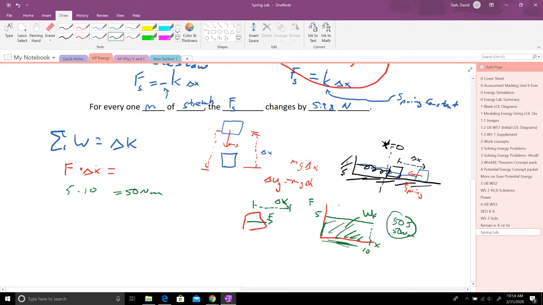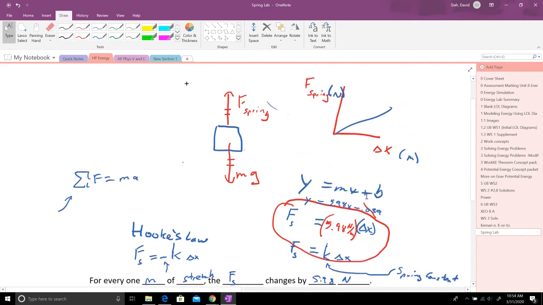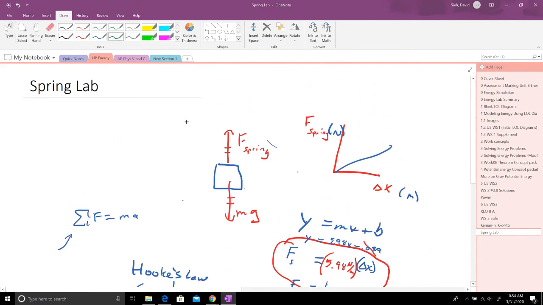graph. So when I go up to my spring, finally at last, and you say, hey, when I stretch this spring, the force of the spring, well, wait a minute. This is a triangle, right? Because the force is changing as it goes. The further I stretch it, the bigger the force of the spring gets. It's pulling more and more and more each bit. You say, so I just need to find the area of this triangle. And that would be the work, the energy I've got stored up in the spring, the work the spring could